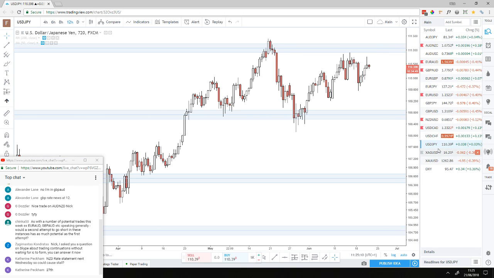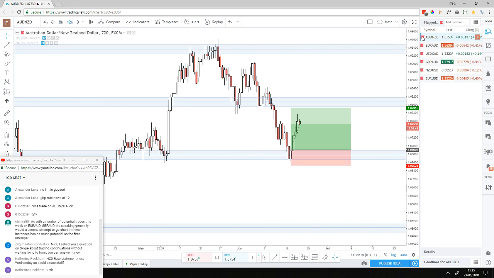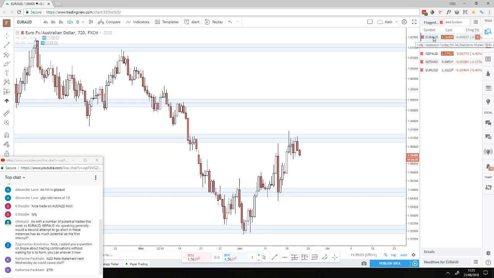USDJPY, I'm not really interested in this either. And I guess that wraps it up for the analysis in terms of what's coming up. So AUD New Zealand, I'm going to unflag this because this is done. Euro AUD, for those of you who are still short, just probably hold on to that at least until tomorrow